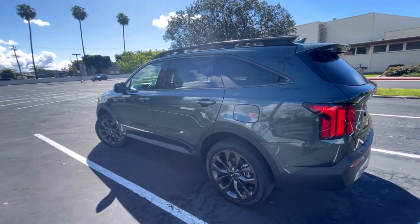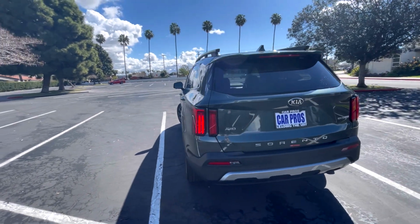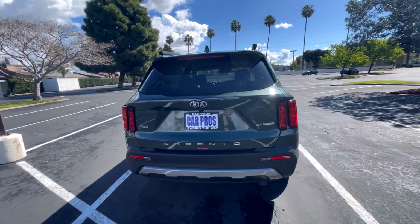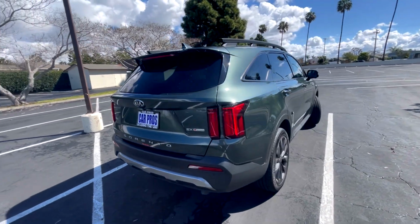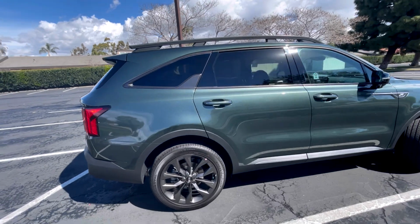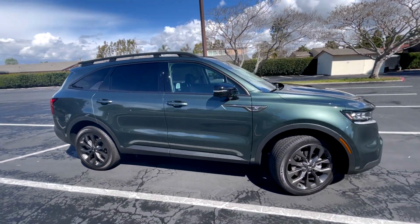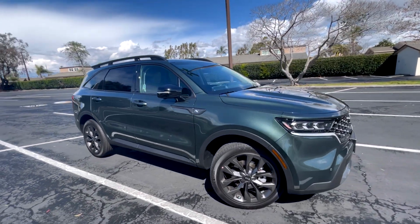And this is in the Aruba green color, which I've noticed with the Stinger and the Sorento, they're bringing green back and they're doing a really good job of it. This is personally one of my favorite colors in the lineup for the Sorento. I think it does a really good job with the sort of matted out pieces that they put around,